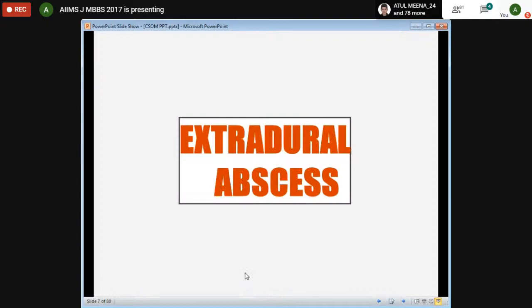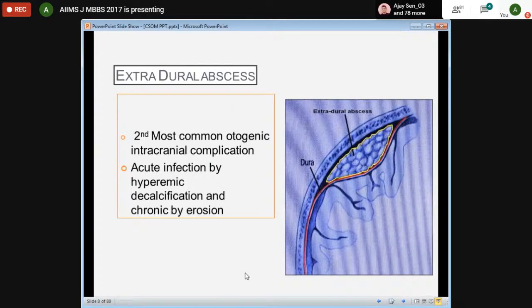So first we'll discuss the intracranial complications. In intracranial complications, one of the commonest complications is extradural abscess. As you can see in this picture,